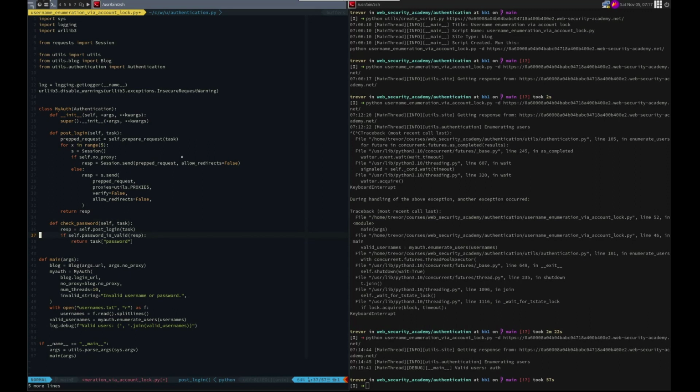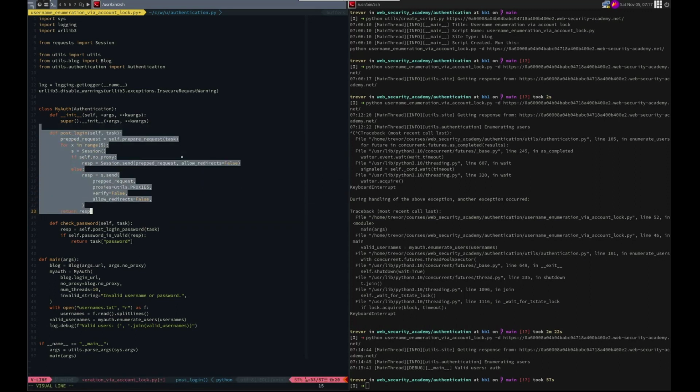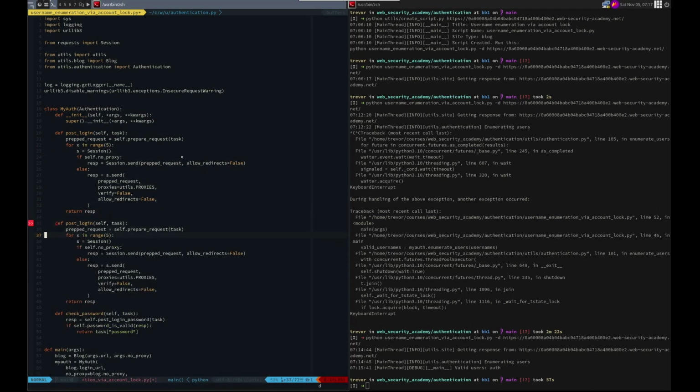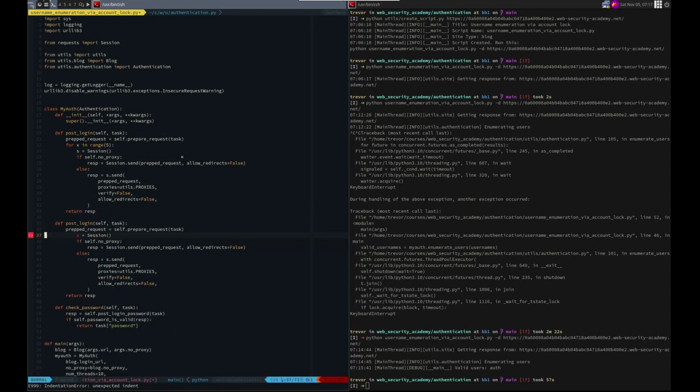Check password is not going to use post login. It's going to use post login password, I guess. And then we're going to copy this, put it here, and remove that. Go like that. And then here,